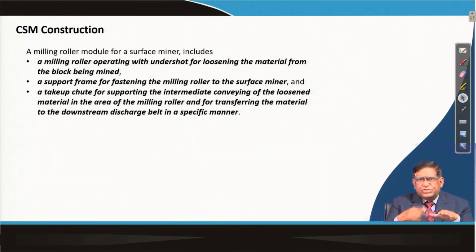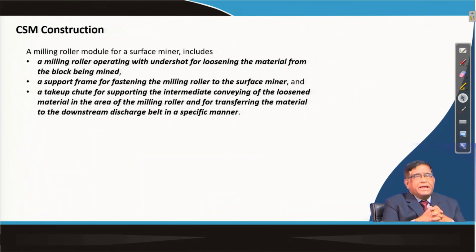It will cut just like a drum rotating, there will be the cutting pick, and then the material will be loosened. So, basically it is a mechanical loosening of the rock, and then this drum will have to be there on a supporting frame which will be holding the machine, so that the integrity is maintained with the different constructional features of the machine, and then there will be the take up chute for supporting the